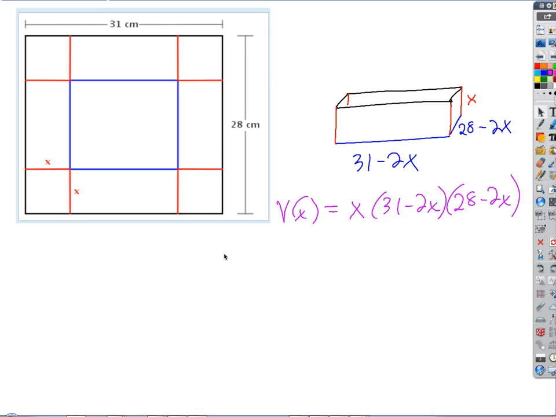I mean, I could make a microscopic cut. I could go up 1/100 of a centimeter. It's probably a bad idea, but I could do it if I were precise enough. So really, any value bigger than 0 would be worth looking at, maybe, right? But then, would it make sense for me to make my cuts 1,000 centimeters from each corner? That doesn't work either, does it? If I start there and I go up 1,000 centimeters and over 1,000 centimeters, I'm not even cutting the cardboard, right? So what's the biggest value that x could have that would make any sense for us in terms of